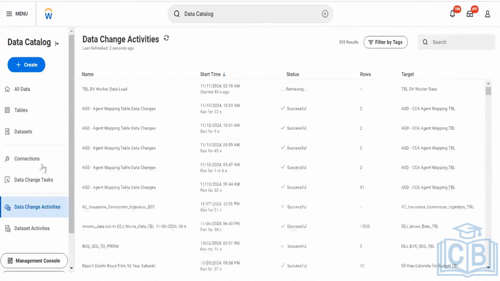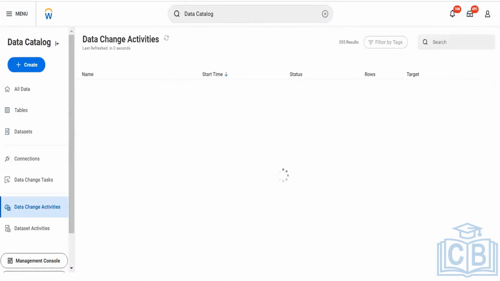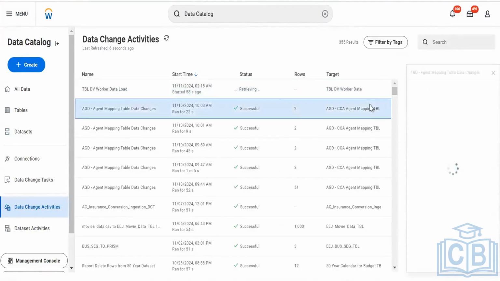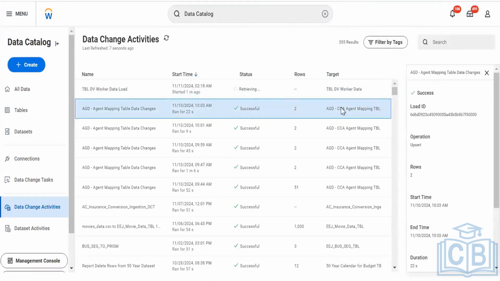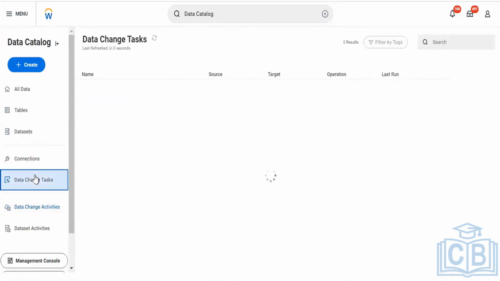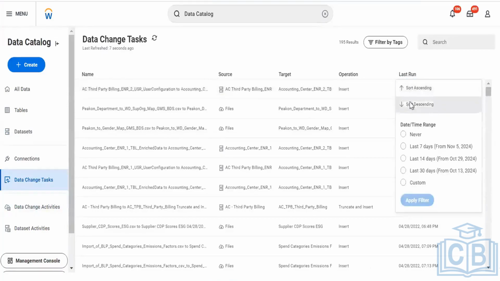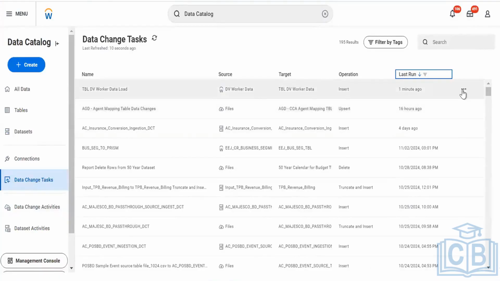Sometimes the data change task fails, and we have to manually run it. For that, we need to go to the data change task. Let's hit this. I will show you. This is running. I can go on it and give a run on it. This is the activity. You can go to the data change task from here. Let's say I want to run this, I can give run now. When I give run now, at that time this